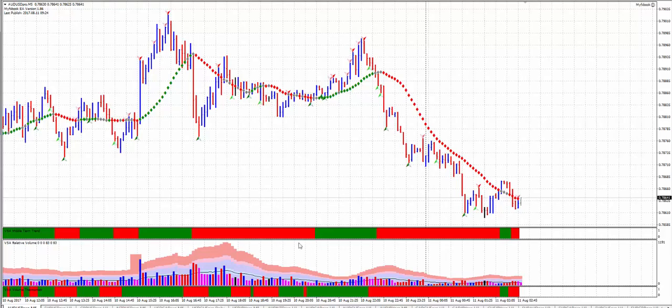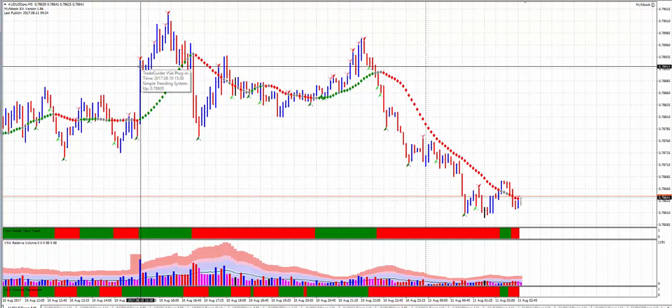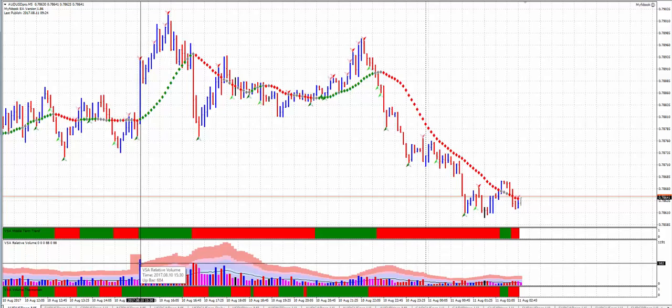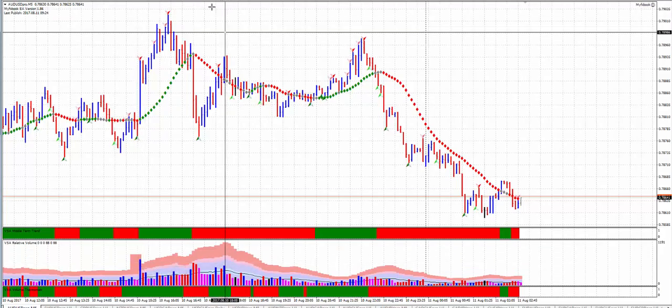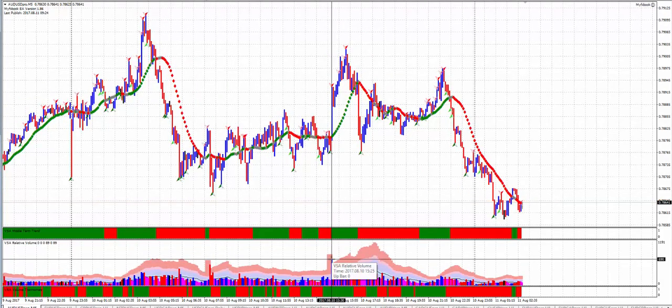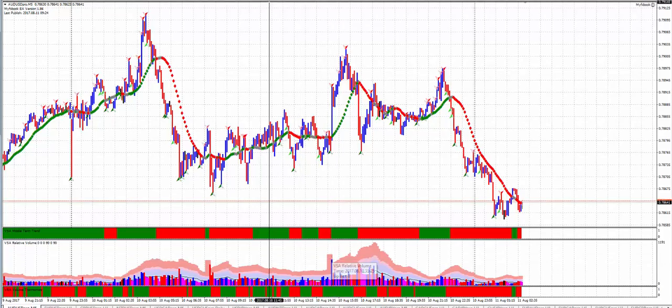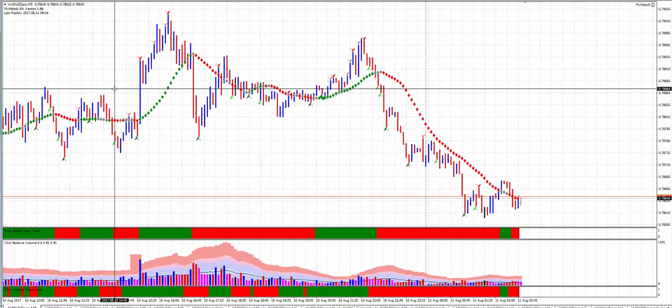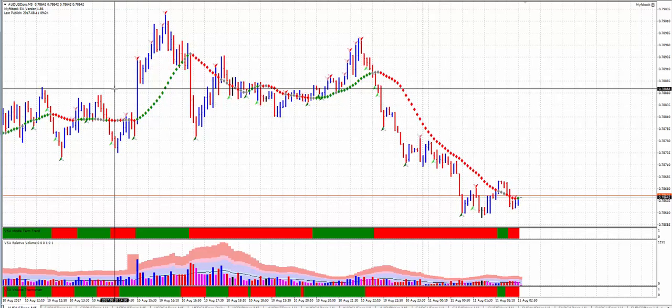And this is a 5-minute chart of the Aussie USD. And what we can see, folks, is we've got ultra high volume. This bar right here, massive volume, the biggest volume for some time. So if I squeeze in the chart a bit, it's the biggest volume in quite some time. So what that tells us is that when weakness appears, it appears on an up bar. And when strength appears, it appears on a down bar.